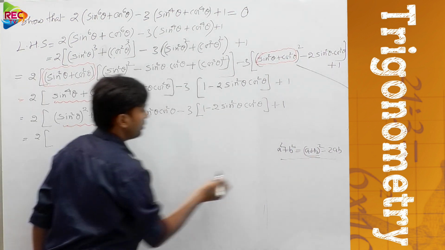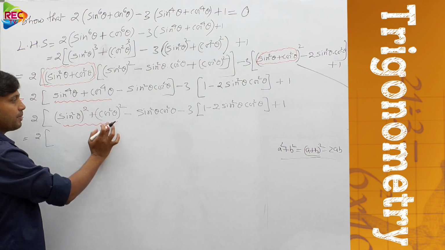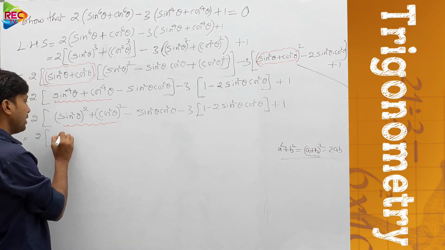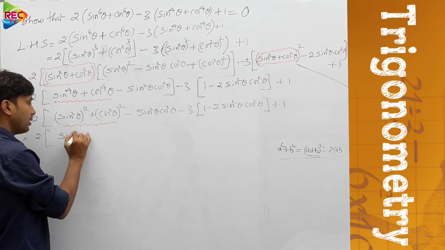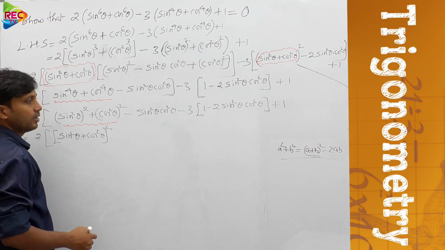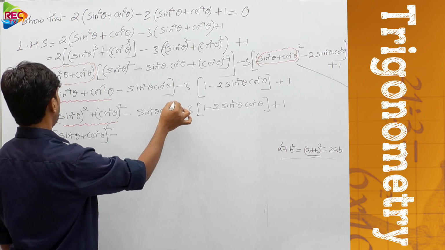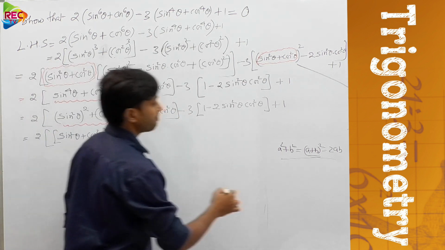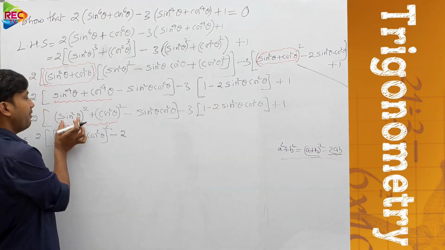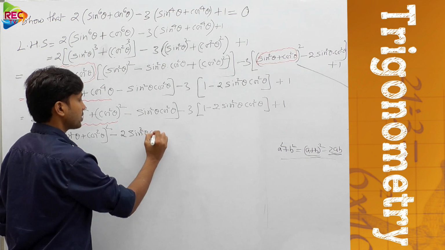See here, 2 into, 2 is outside of that. Okay, 2 into sin square theta whole square plus cos square theta whole square. This is a square, this is b square. So therefore a plus b whole square. How can we write this? A is sin square theta, b is cos square theta. To that we can put whole square. Okay, minus, how can we write it? Sorry, I forgot to keep the bracket. Okay, minus 2ab now here. What is minus 2ab? Minus 2 into a value, which is sin square theta, b value would be cos square theta.